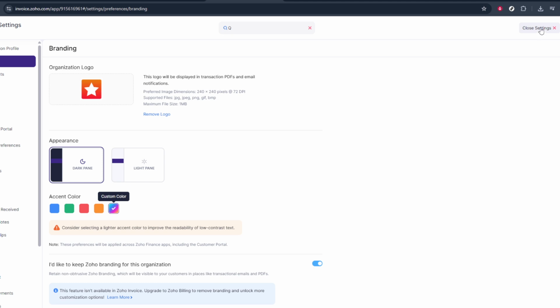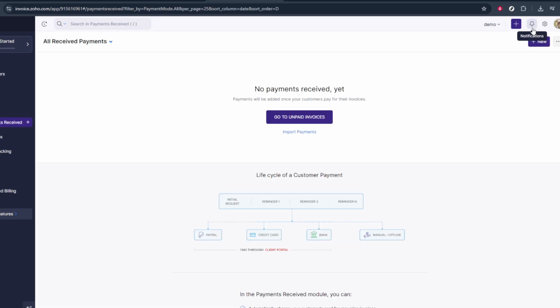When you're satisfied with your logo's appearance, make sure to save your changes. After that, any new invoices you create using the branded template will automatically include your organization logo, giving your documents a polished,